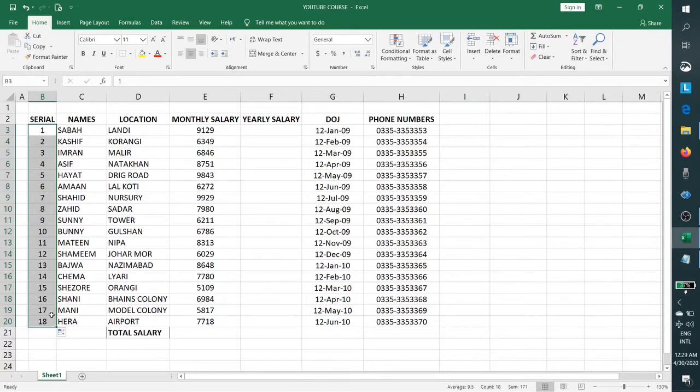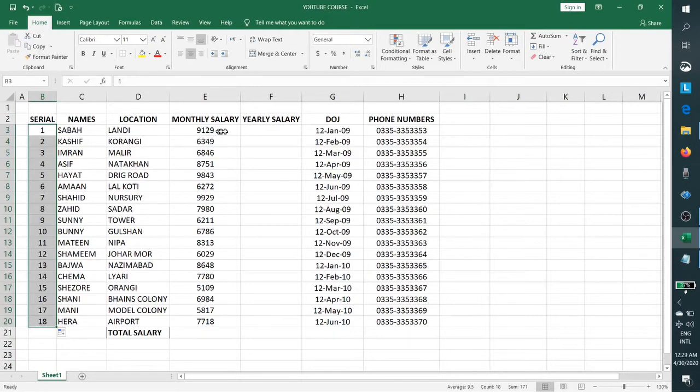So this is the copy and fill series function. If we again go to copy cells, it will copy 1, and if we go to fill series, it will fill the numberings. So this is a very useful function whenever you are working with numberings and with any kind of numeric data, and you want to copy your cells or you want to copy the series, you can use this function.